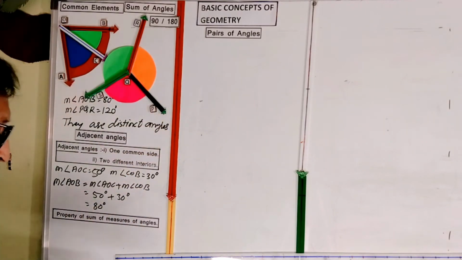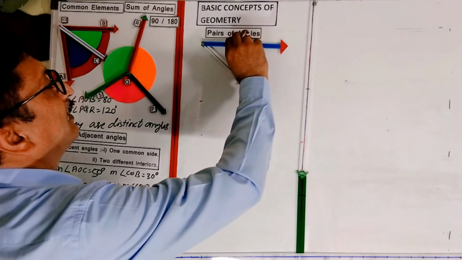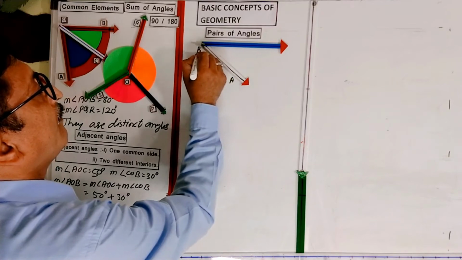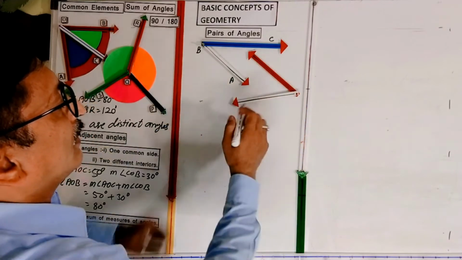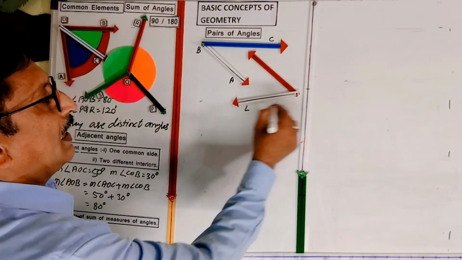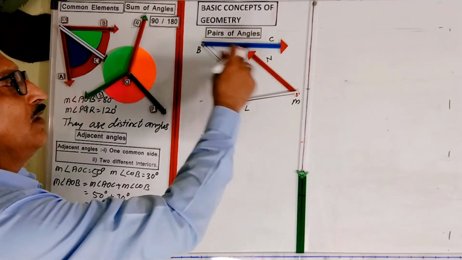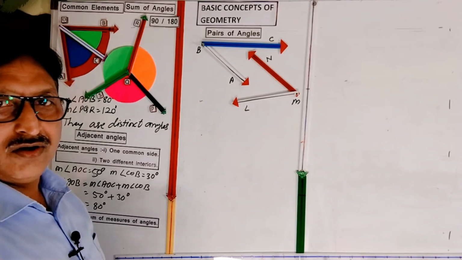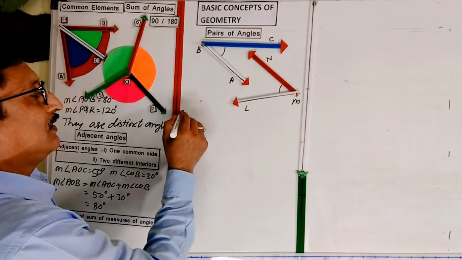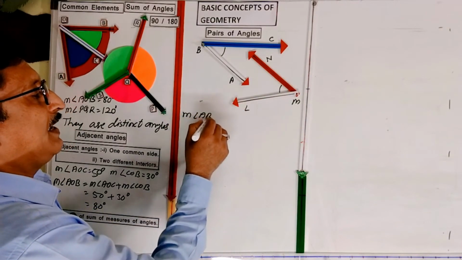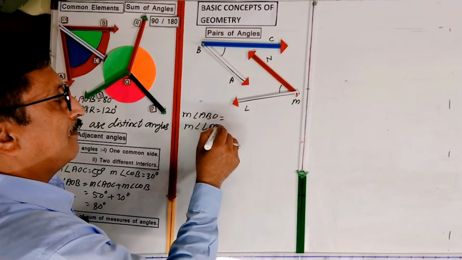Now we will see another type of pair of angles. Suppose I keep this angle here, angle ABC. Another angle we will take here, and the name of this angle is, say, LMN. Now these two angles do not have a common ray or a common side. Therefore, we have to measure the angles of these two. Therefore, you can write here: measure of angle ABC and the other angle, measure of angle LMN, is